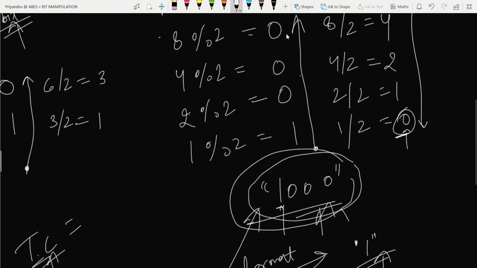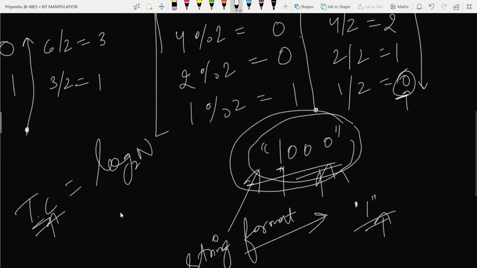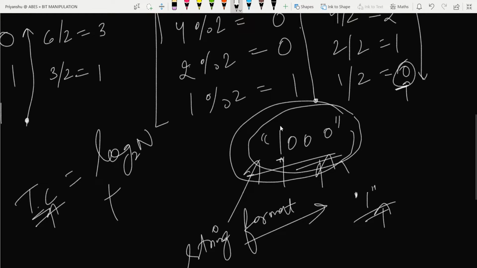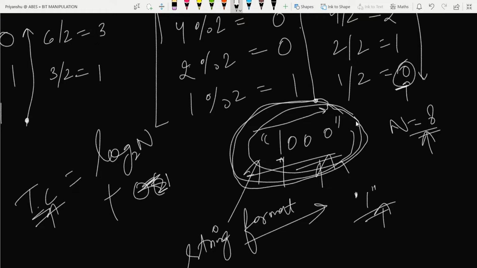We require time complexity log n to change this decimal representation to binary representation. So log base 2 n for this, plus to iterate over the binary representation. To iterate over the binary representation, we require order of n, no, we require how much time, because n would be 8. So if you look at the binary representation of it, it would be